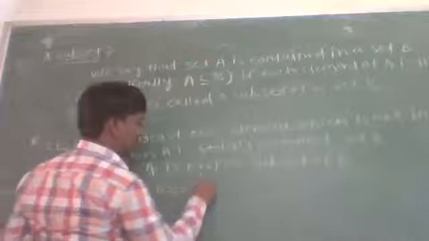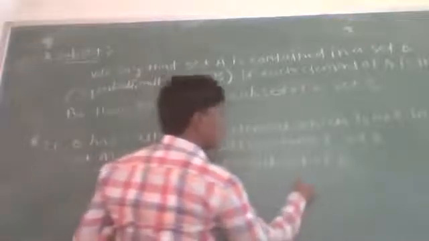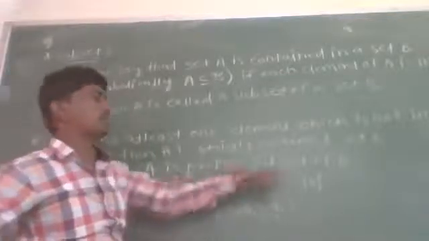For example, suppose B is a set which contains all the elements from 1, 2, 3, 4 up to 10, and A contains the elements 1, 2, 3, 4 and 5. Therefore, the numbers 6, 7, 8, 9 and 10 are not members of the set A, but are members of set B. So set A is a proper subset of B since A has fewer elements than set B. Now, if A is not a subset of B, then this can be denoted by this symbol. That is, A is not contained in set B.